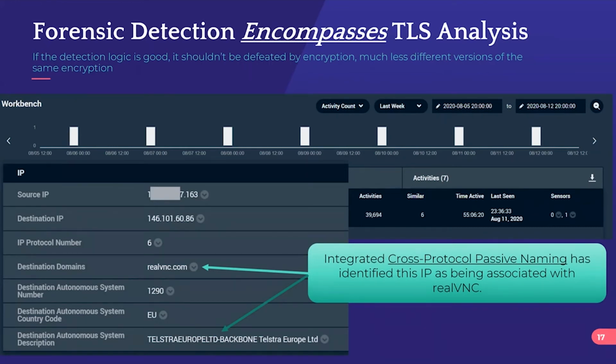A lot of people may be familiar with passive DNS, which is a system that watches DNS requests and responses going back and forth, and just passively creates a database saying, okay, I saw this request and response, so I know that this IP address over here has this particular domain name associated with it. Well, you can do the same thing with most protocols, not just DNS. TLS has information that allows you to know domain names and server names, HTTP, SMB, the vast majority of protocols on the network. Most of the protocols you can think of have some kind of concept of server name that goes along with them.